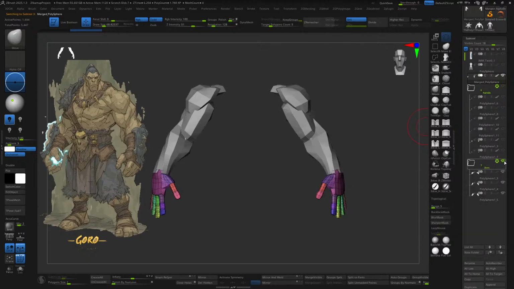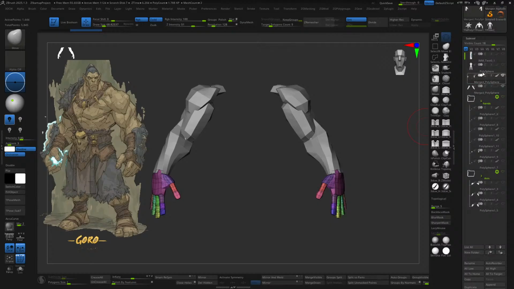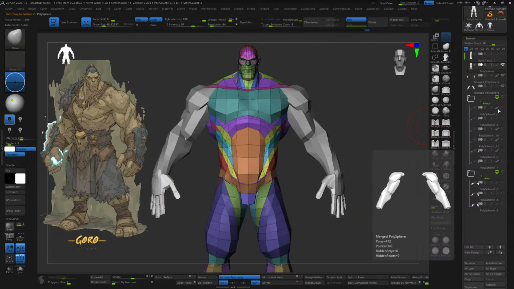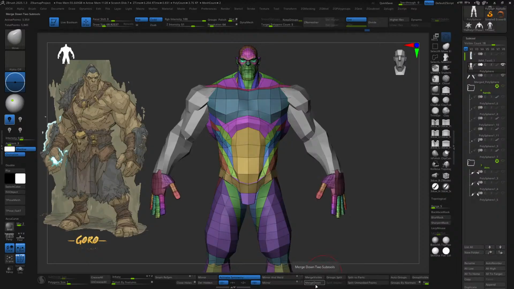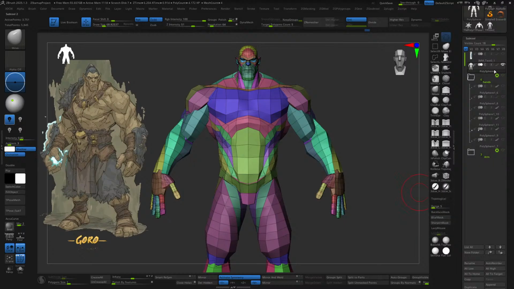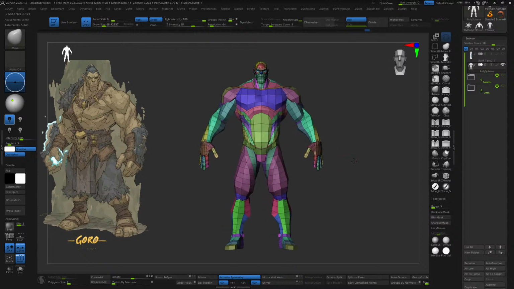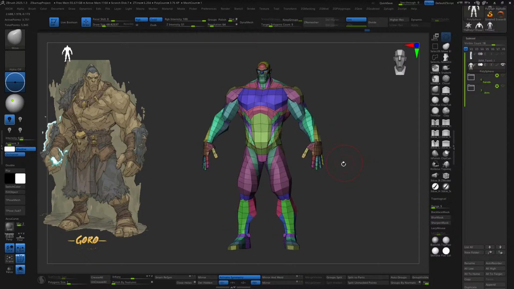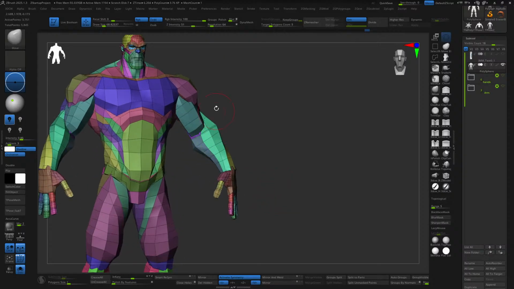Mesh folder here too. Mesh folder. We have the merged mesh. Now let's press merge down again. Let's hide these two folders. I don't want them. But yeah, this is the character so far